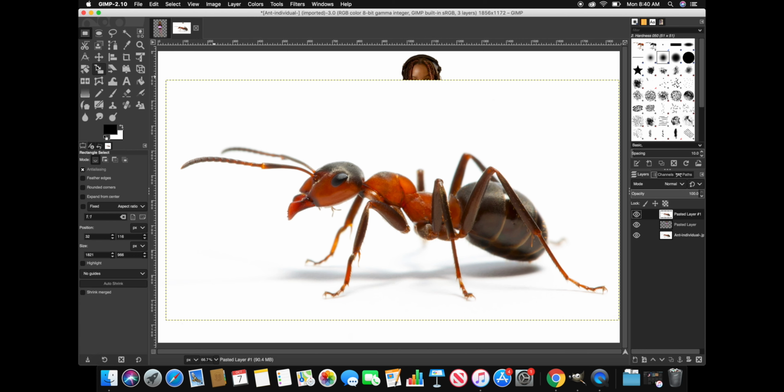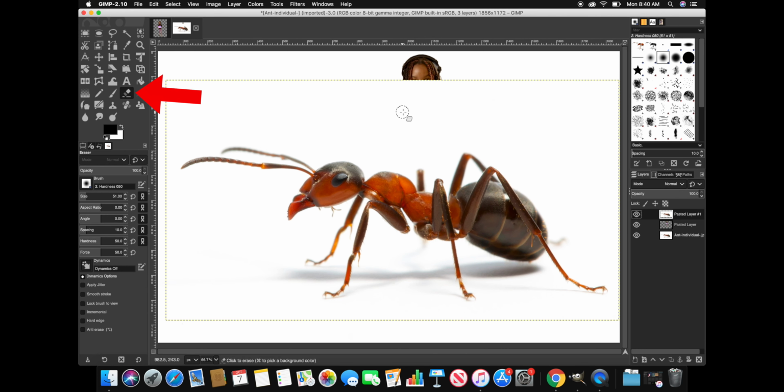but not erasing the ant. And if we go over here to this eraser tool, and making sure, once again, you're on that top layer, we can start to erase that top layer away. And it's kind of like magical, like as you erase, you're making yourself appear. We can change the size of the brush over here on the left. We can make it bigger,